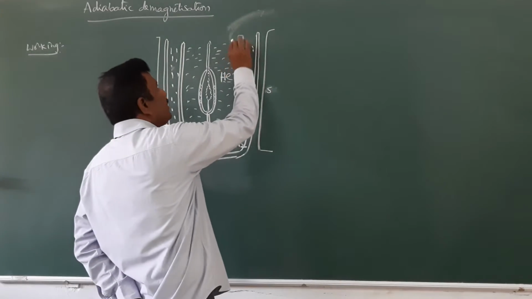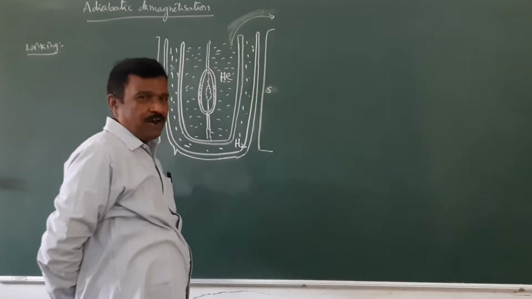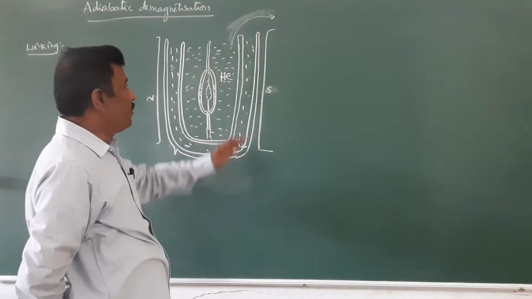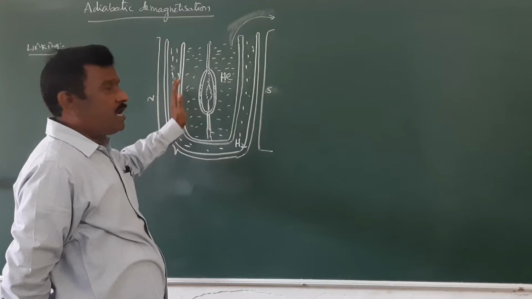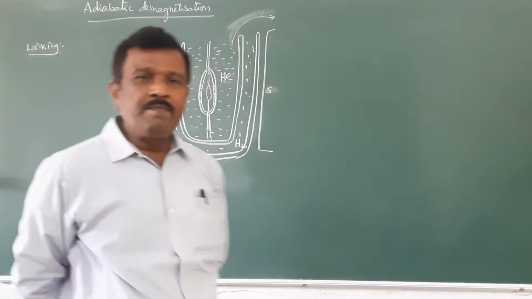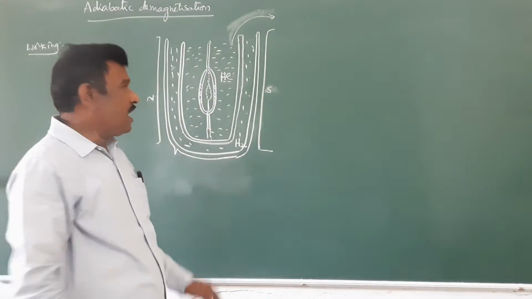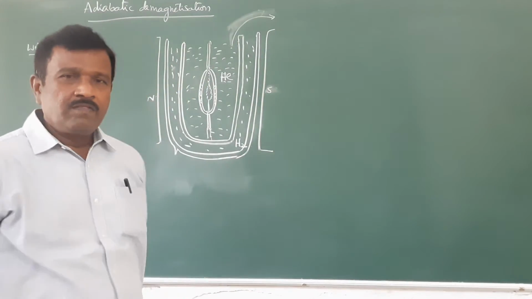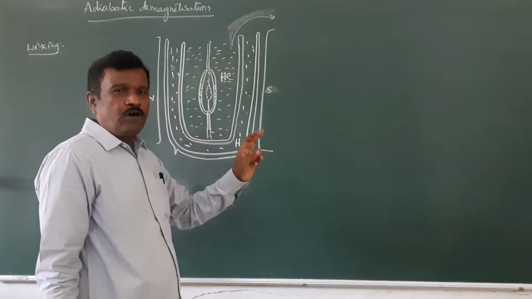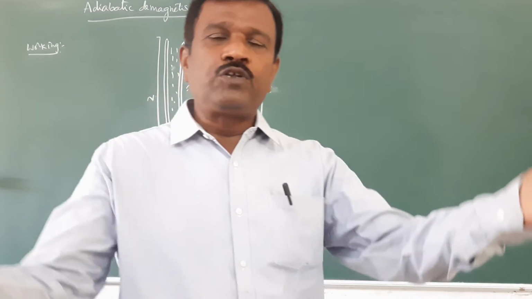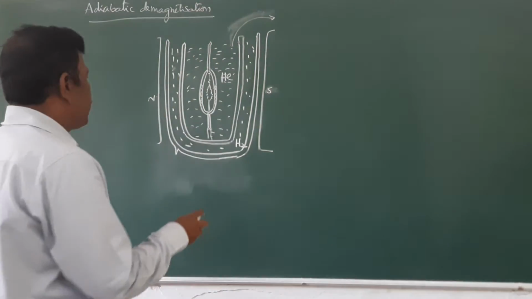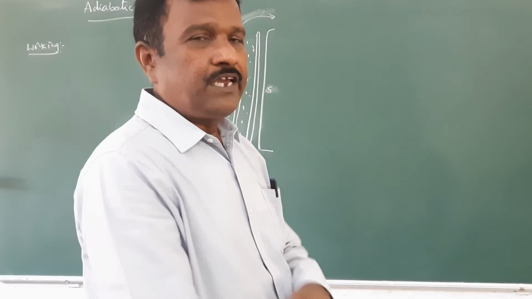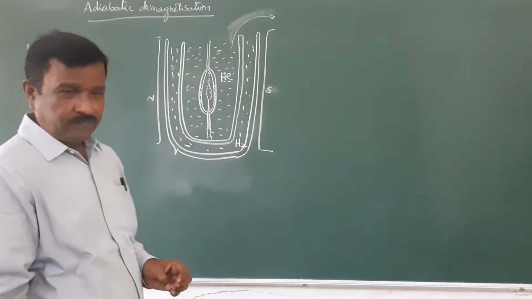Then the liquid helium has to be removed from the flask and evacuated. Now the magnetic field is removed and the substance is demagnetized. For demagnetization, a certain amount of work will be done by the substance, therefore the temperature of the substance is reduced further. Therefore, we can attain a temperature which is less than that of the liquid helium in this method.